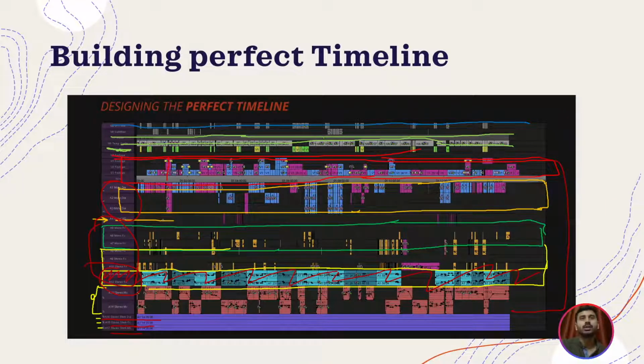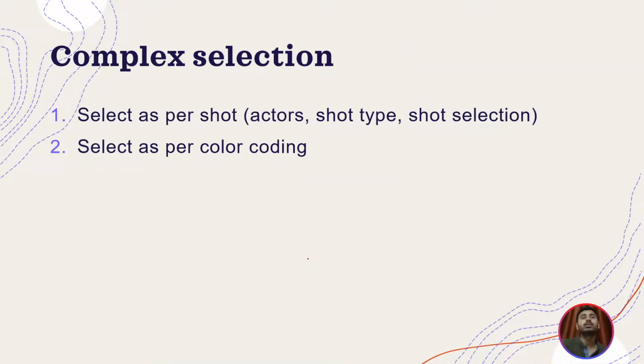So while exporting, you will have one file of video that has both color correction and all your VFX shots combined, one master file, and you will have three audio master files to export. So now that you have understood that all this timeline is not that daunting or scary, because in the end only one video is going out and three audios are going out. Okay, so let's move on.